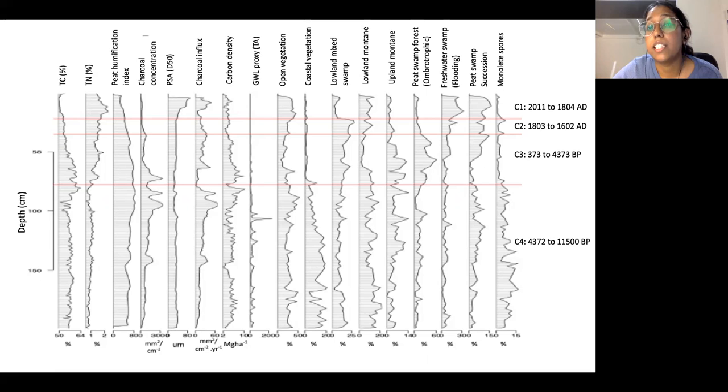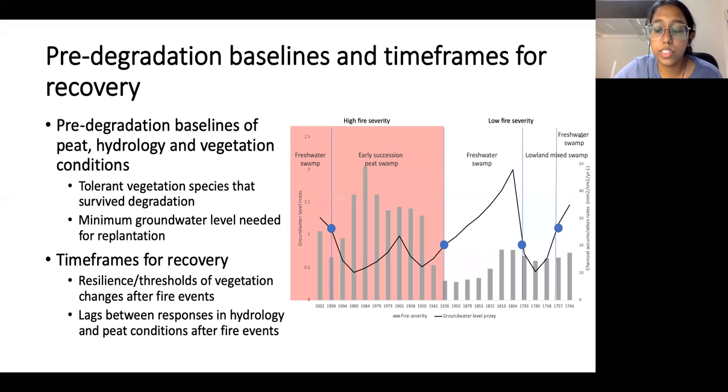We see a drastic change in terms of the vegetation dynamics, which really reflects the impacts of the recent anthropogenic degradation. So also using these long-term data, we are able to provide pre-degradation baselines and time frames of recovery. What do I mean by this? I'm just going to explain it using the same data set for my Sabangau peatlands. If I just bring your attention to this plot, this black line here refers to